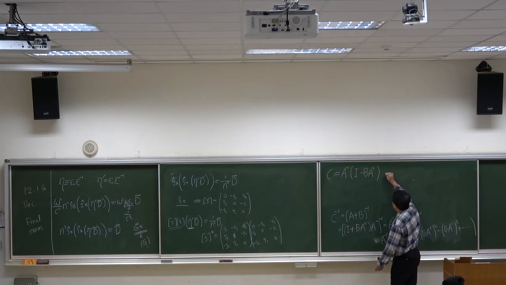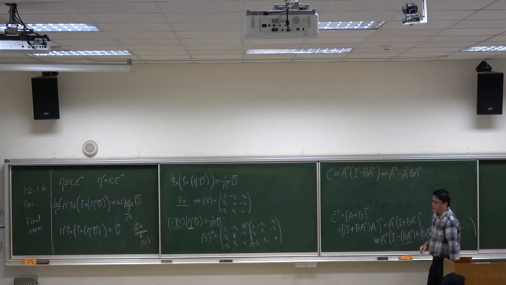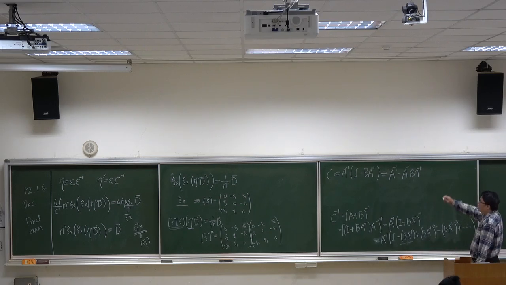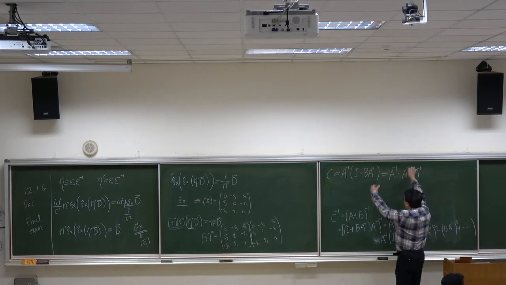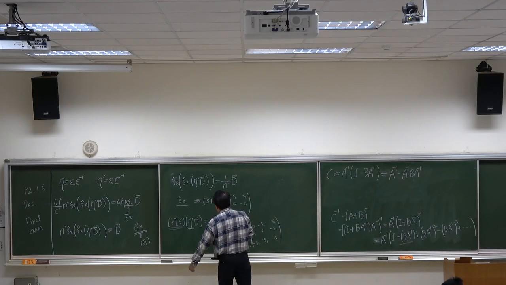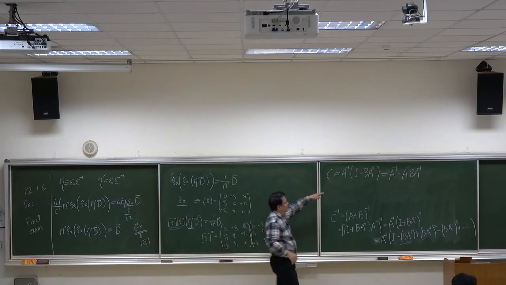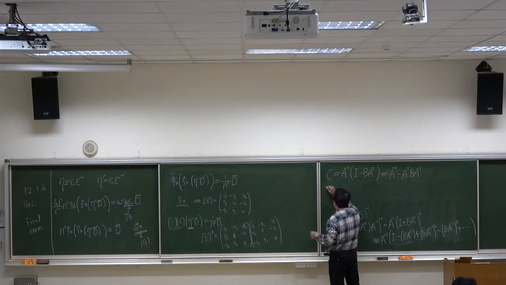Okay, so this is equal to A inverse minus A inverse B A inverse. Okay. This is approximated expression. Okay. So if we apply this formula to our eta prime, remember now eta prime is